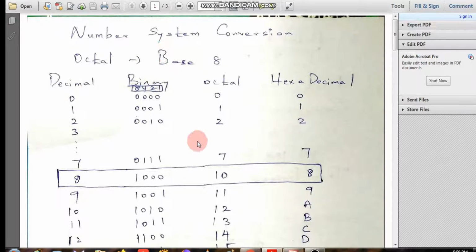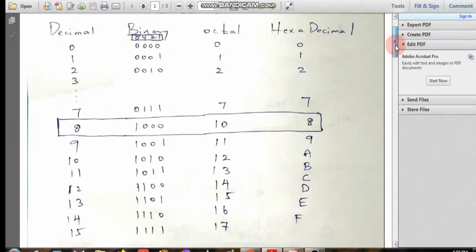This is the general number system table. In this table I write the equivalent values of binary, octal and hexadecimal for the given decimal numbers. For example, if the decimal number is 1, the corresponding binary representation is 001, as the 8421 rule is applied here, and the octal representation for decimal 1 is also 1. For hexadecimal also it is 1. Up to 7 there is no issue, whereas for the decimal number 8, the octal number is not 8, it is 10, and the hexadecimal number is 8.